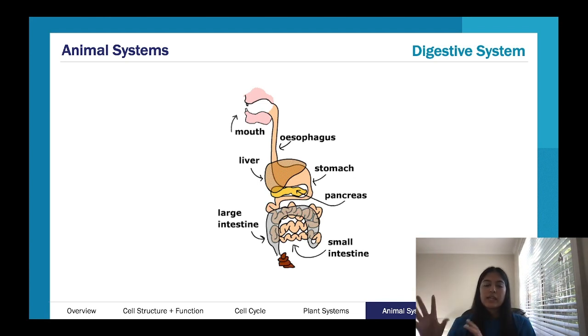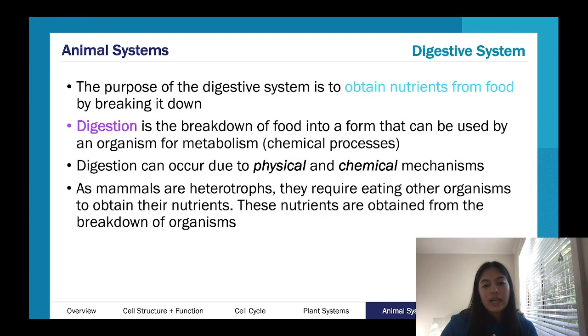Your intestines do it as well, and it actually physically moves the food along. But then think about the acid in your stomach and the other digestive enzymes. That's the chemical part of digestion as well. So essentially, we just have to get our nutrients from food, and that's why the digestive system